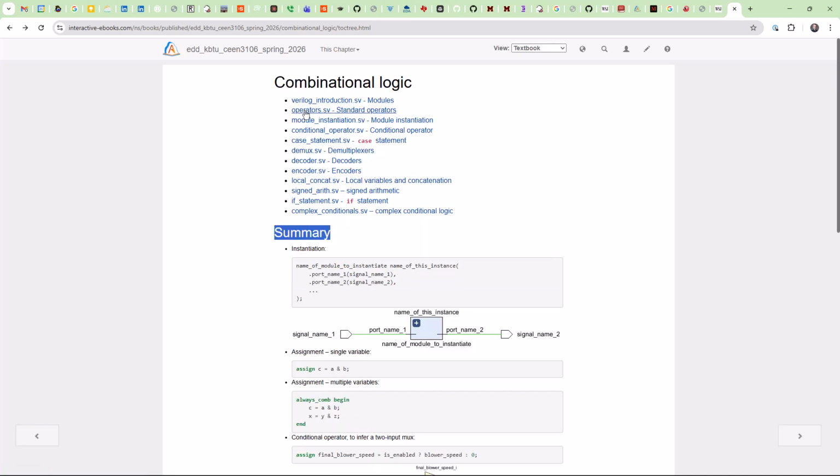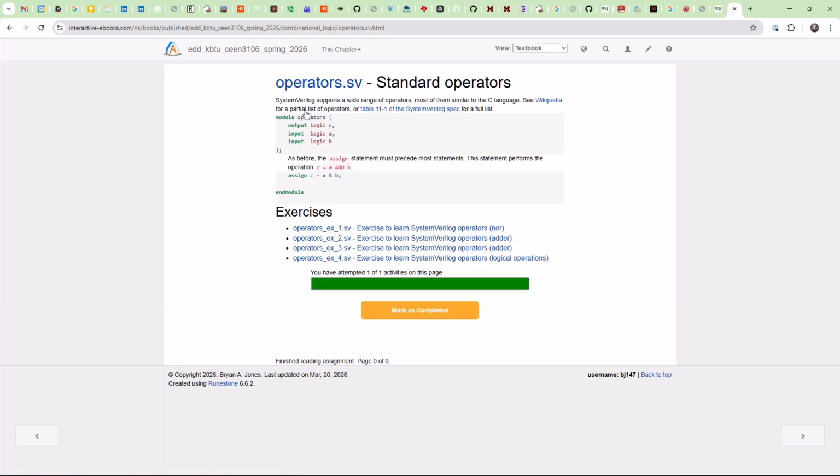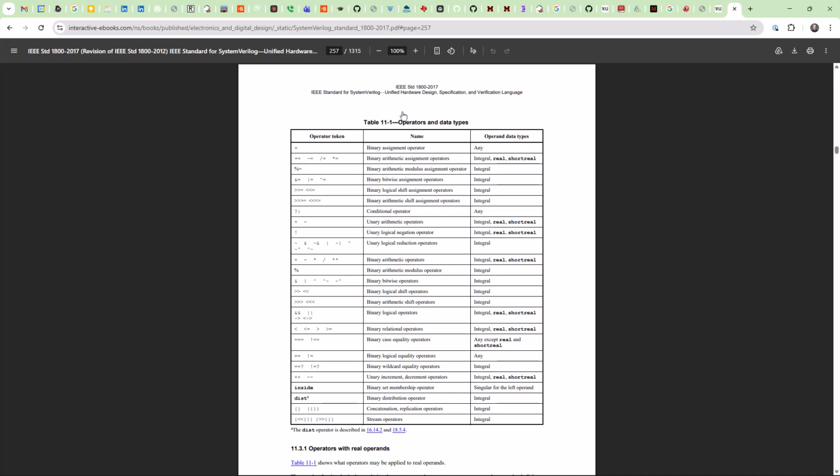Let's spend a moment and think more about operators. Again, System Verilog supports a wide number of operators. They are very C-like. Let's look at the operators available per the spec. Notice this link does take you to the official specification for the System Verilog language. It's something that's released by the IEEE. And here you can see that most of the